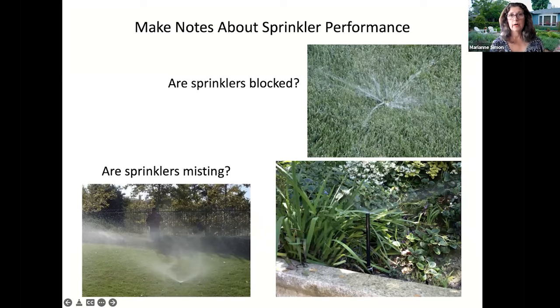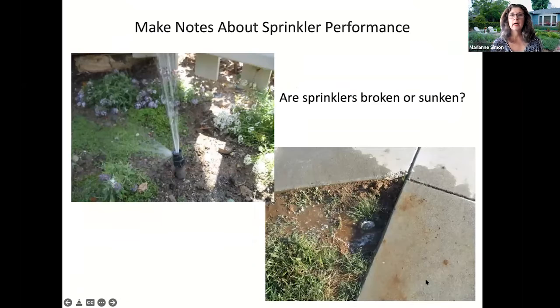Now, before you begin your audit, or if you're doing a visual audit, you want to take notes about the sprinkler performance. And if you're going to do a catch can test, you definitely want to make sure that those improvements are made beforehand. So you turn on your sprinkler system and you are looking for potential issues. So are the sprinklers blocked, either because they're sunk too low in the grass, or they're actually being blocked by shrubs that have grown up since you installed that system initially? Is there misting happening in the sprinkler system? Are there heads that are actually broken or sunken or bent, and now they're watering the car as opposed to